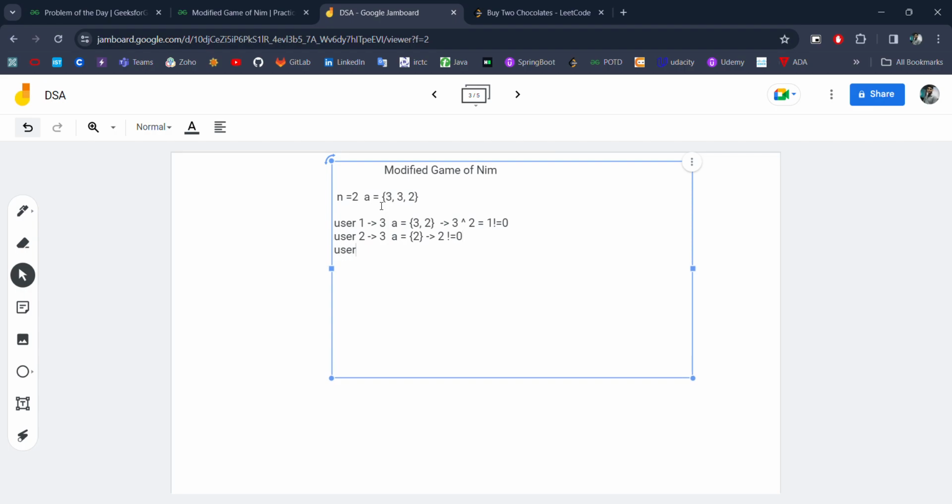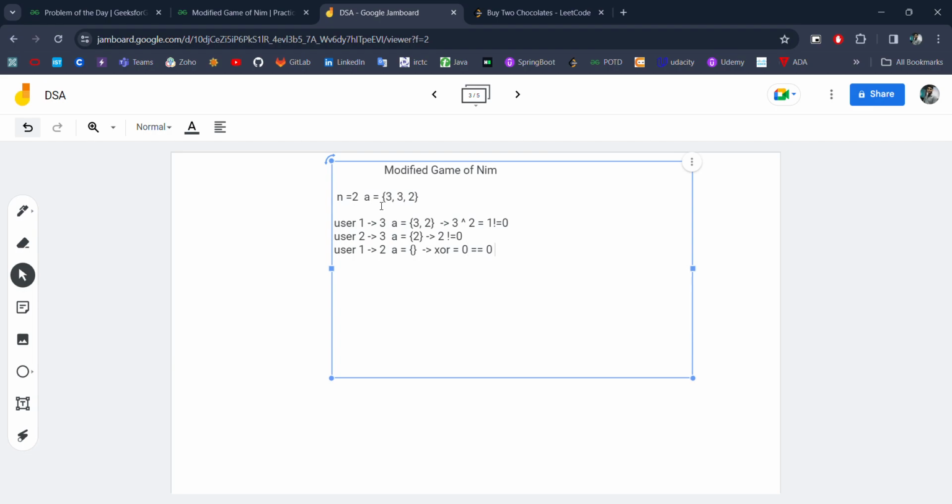And again user 1 will pick element 2. In that case our array will be empty and the XOR will be 0, which is equal to 0.